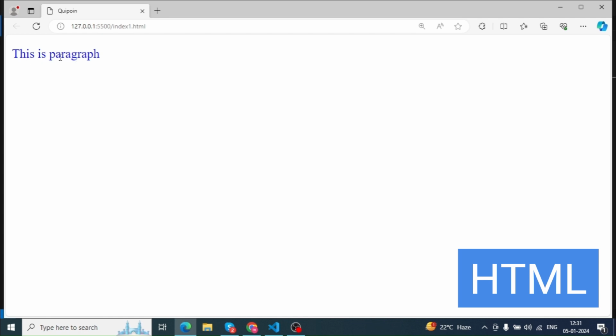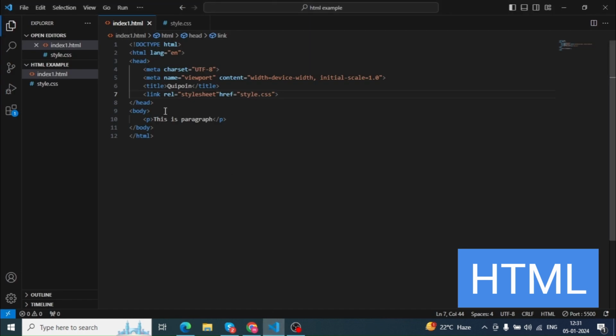This is paragraph, it is changed to blue. In this, rel means relation, it indicates that it is a style sheet, and href will indicate the path to that external file. This is about the link tag in HTML.